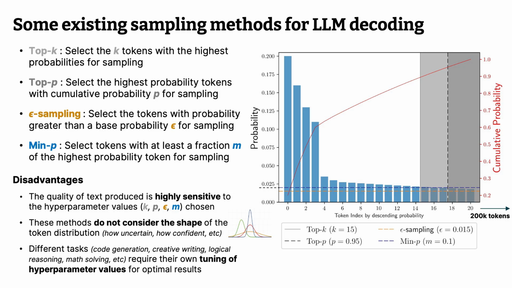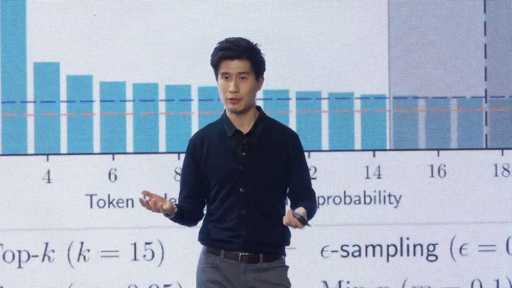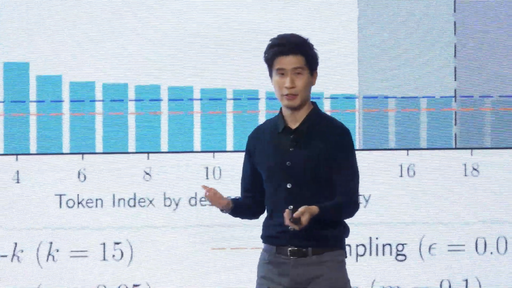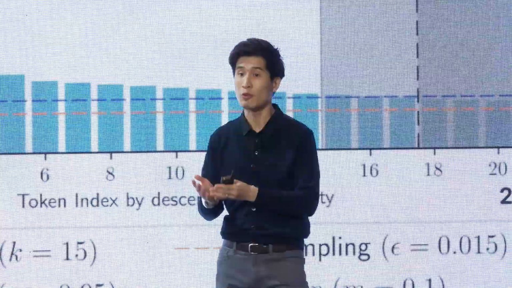And what are the disadvantages of such methods? The quality of the text produced is really sensitive to the hyperparameter that you choose. For example, top K, is it 20? Is it 15? Is it 25? How do you reason about it? Or is it just a heuristic that you justify using a certain data set that may not fully apply to